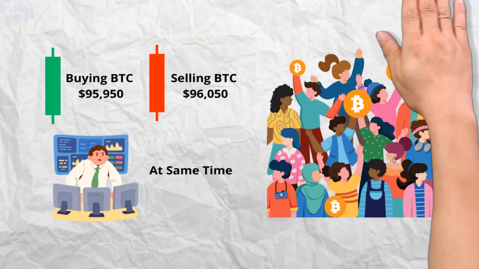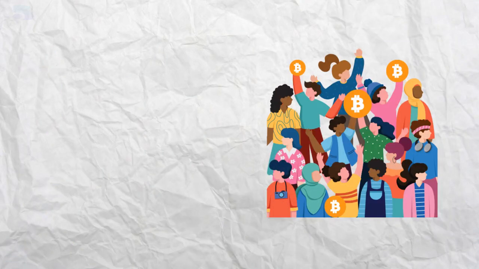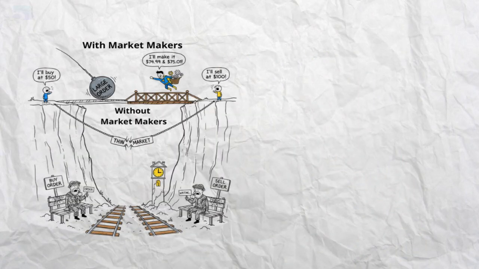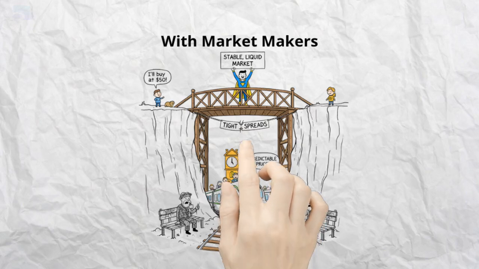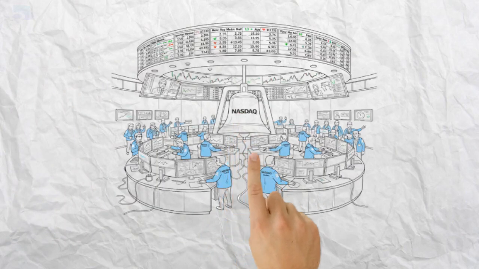Why they're crucial. Without market makers, you get thin markets with huge gaps between buy and sell prices, long wait times to execute trades, wild price swings from single large orders. With market makers, you get instant execution at predictable prices, tight spreads, small difference between buy and sell, stable, liquid markets. This system works great in traditional finance, but there's a massive problem when we try to bring this to